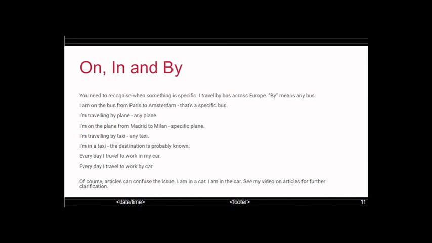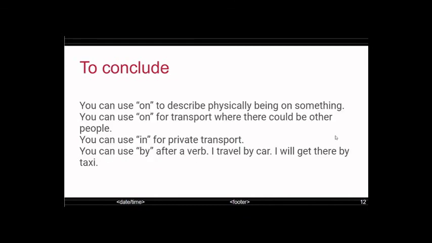Every day I travel to work in my car. Every day I travel to work by car. Again, general and specific. This also needs to be looked at in conjunction with articles, because these can confuse the issue. So I'm in a car, I'm in the car. I do have a really good video on articles that you can watch for further clarification of this. So to conclude,